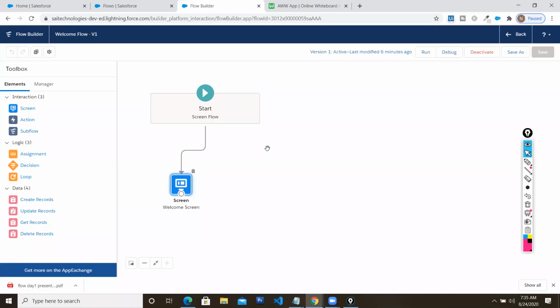Yes, Arun Raj. Please. There is an API name in screen, right? Welcome screen. Yes, yes. Usually, if we have a field, we can put the API name. But how did you use the API name? Welcome screen.